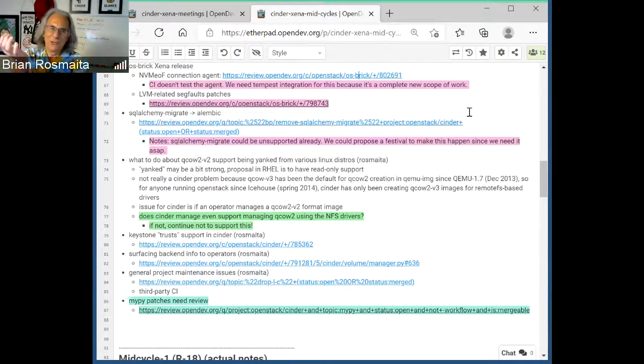Okay, Keystone, trust support, and Cinder. So this came up because somebody posted a patch. I think I gave it a negative review, or at least was negative about it. But it showed up in a list that people are generating of pain points that projects could address.